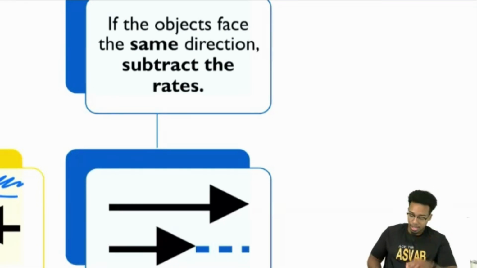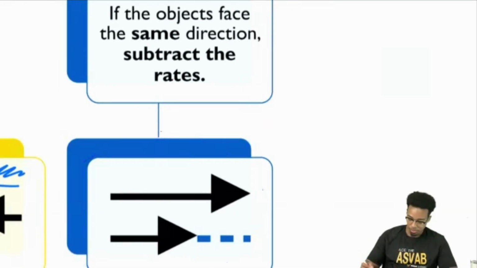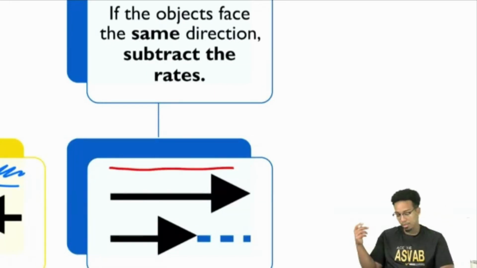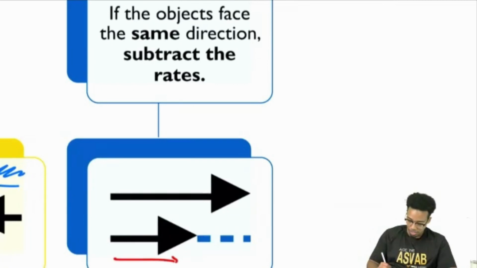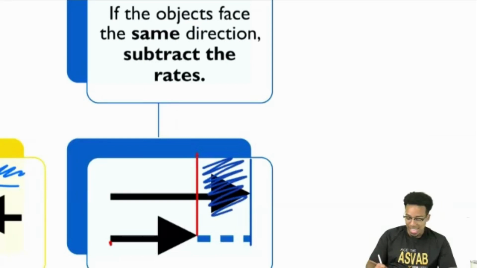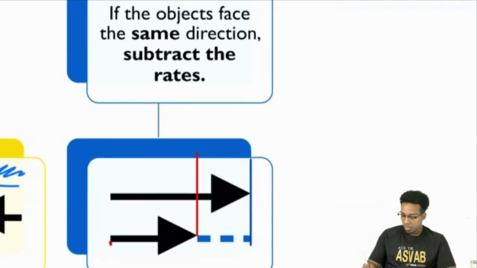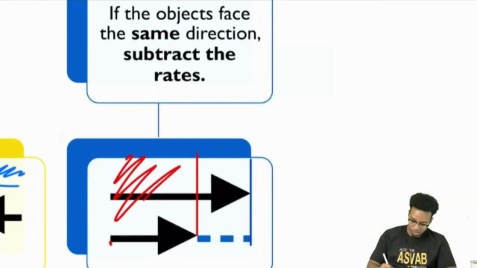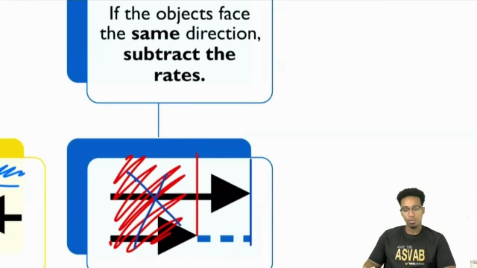So here's why. Let's say we're looking at this example, and we're saying, hey, this car is taking off at 100 miles an hour, and this one's taking off at like 30 miles an hour. How far apart will the cars be after an hour? Well, after an hour, this car over here got over here. But meanwhile, this car has gotten this far. So we need to cover this distance. This is how far apart they are. The distance that they travel together over here, we have to cancel that out.